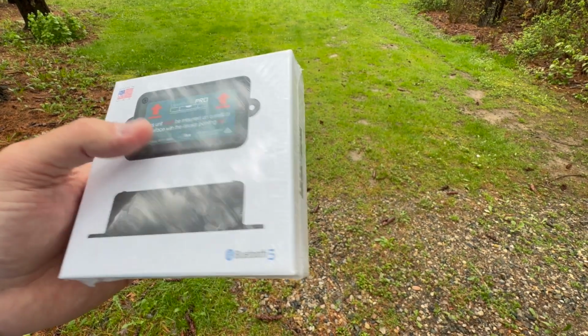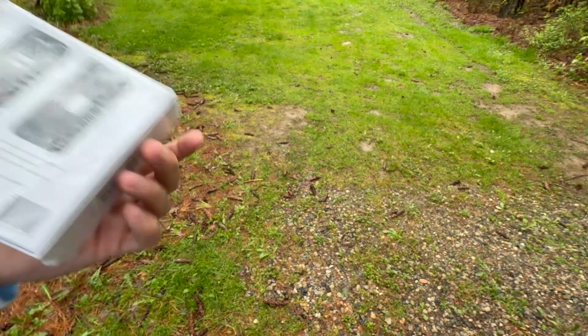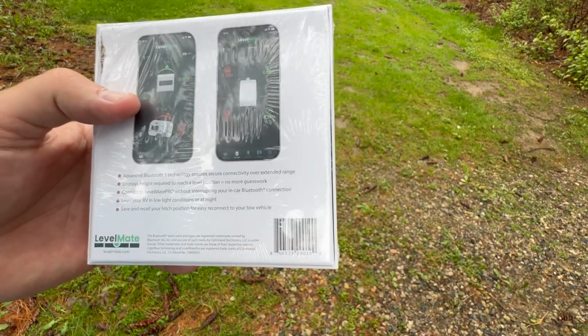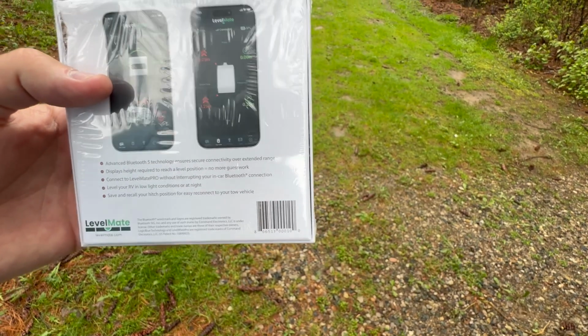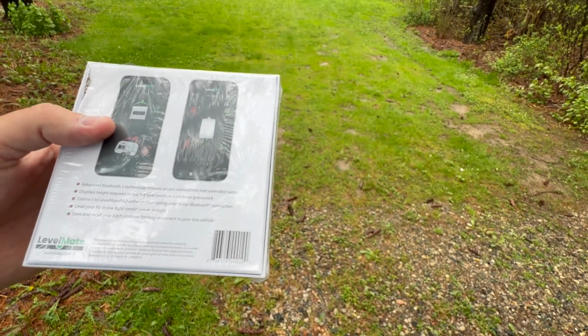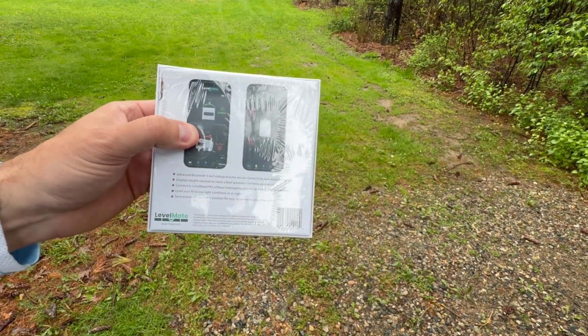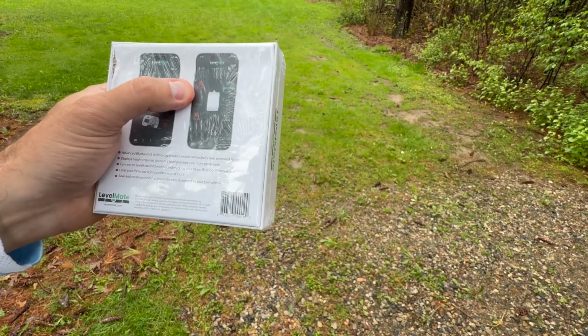How this works is this connects to an app on your phone. You get a display on your phone and it will tell you, are you low in the front? Are you low side to side? And what's cool is you can be in the tow vehicle backing into your campsite. You're looking at your phone and you're like, hey, I need to go 2 inches on the left